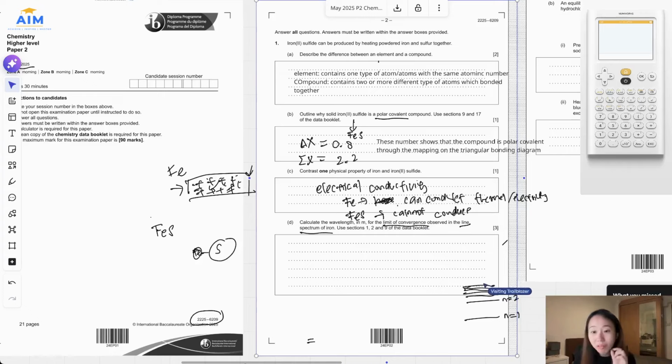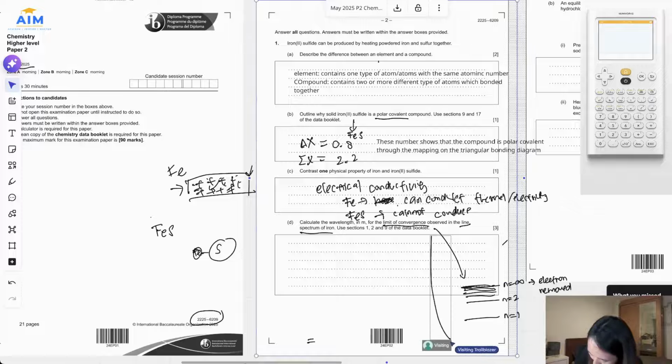It converges to a value, so when n is infinity, meaning when the shell is very far away, the energy basically converges to one value. When n equals infinity, this is where the electron is considered removed. Because it's too far, it's considered removed. So that's why this limit of convergence is basically the energy level here. And people usually correspond it with the first